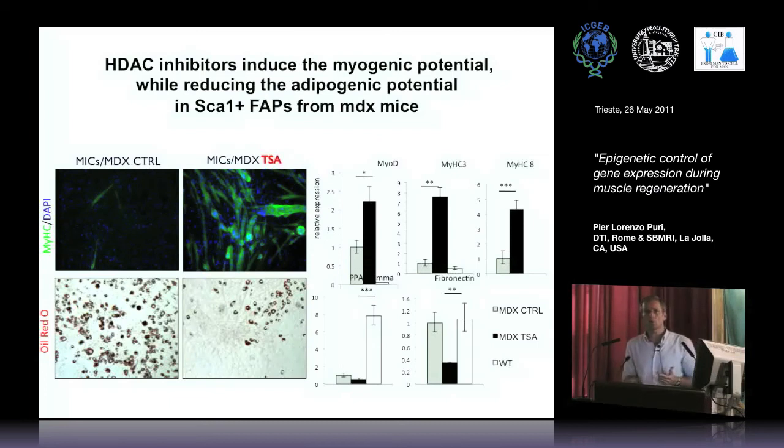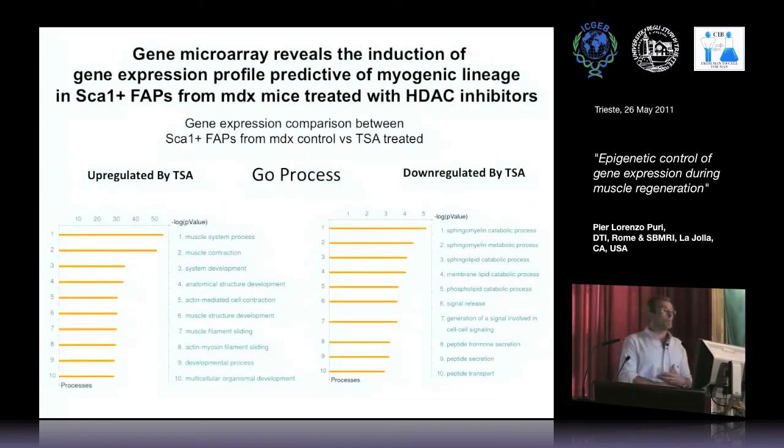And for those of you who don't know, in the pathology of muscular dystrophy, the fibroadipogenic degeneration is the most deleterious outcome of the disease. As you can see, in the presence of trichostatin A, a number of muscle genes were upregulated, and fibroadipogenic genes were downregulated. So we did a microarray